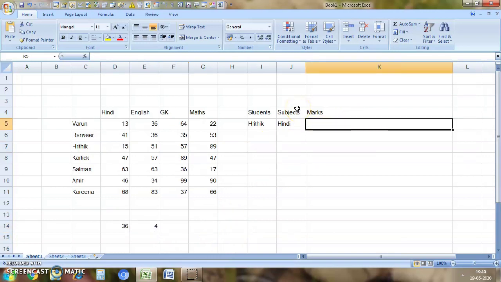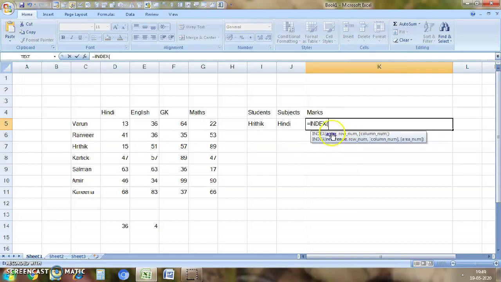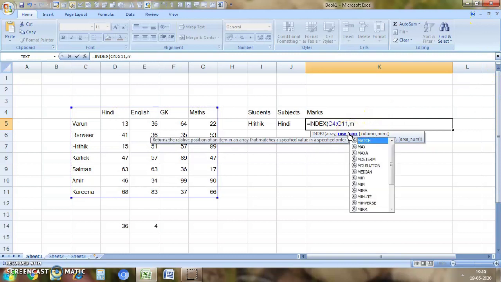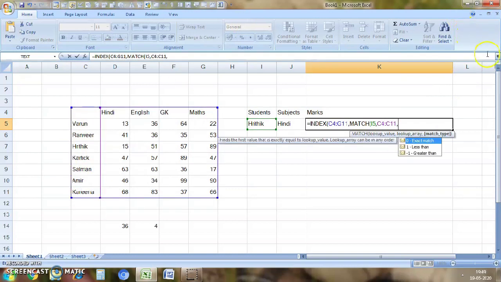Now this is the last one, which is INDEX MATCH. I'm going to explain this 2 times, and I'll explain this in the description box also. First we take INDEX, and then we select the array or the table like this. Comma. Now we write MATCH for this. Tab. The lookup value will be Ritik first, then the lookup array, which is this. Okay,